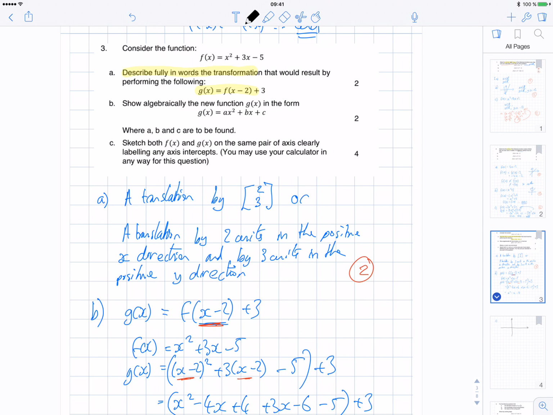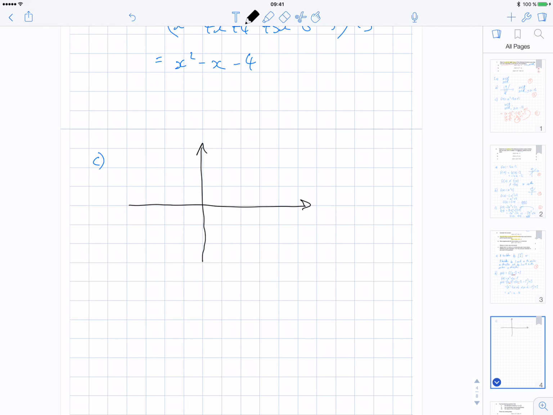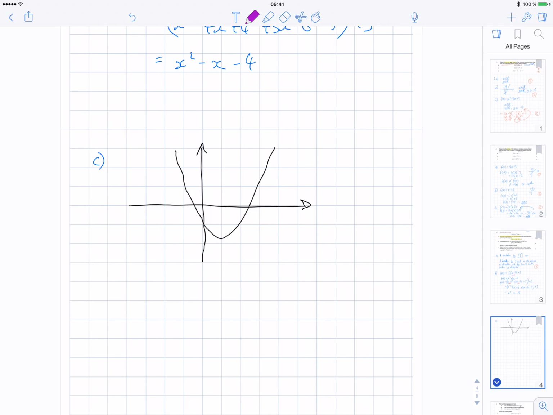So it was x squared plus 3x minus 5. And I can put it into my calculator in 2 ways to do this one. I'll show you how to do this. So I'm just going to say f1 open brackets x minus 2 plus 3. I could have also just put in what I got for part B. It would be exactly the same thing. So I have first thing is there, and the second one is,